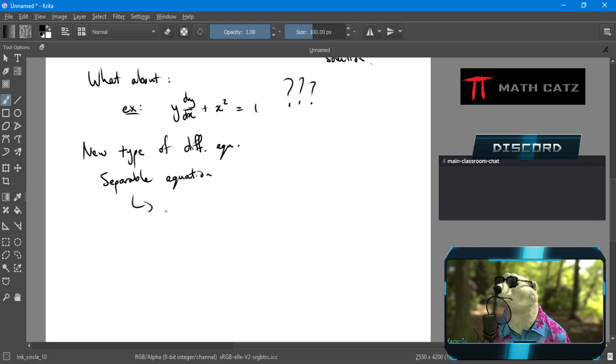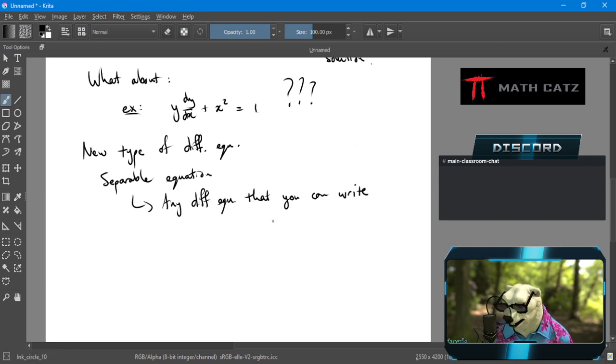And what that is going to be is any differential equation that you can write in the form